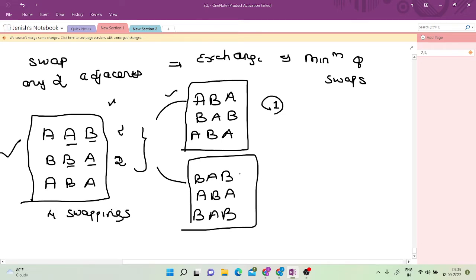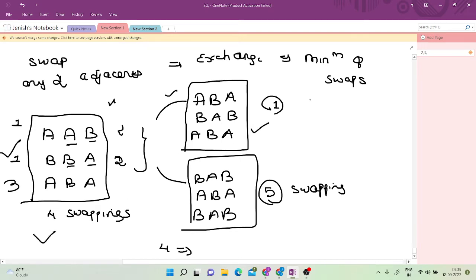And if I want to convert to this, then see, in the first row I have how many unmatching characters? 1. In the second row again I have 1, and in the third row I have all unmatching. So if I want to convert to this matrix, I would require 5 swappings. Now I would take the minimum of both of them. So what is my answer? 4. So within 4 swappings I can convert this matrix, this is the input matrix, to this matrix, and